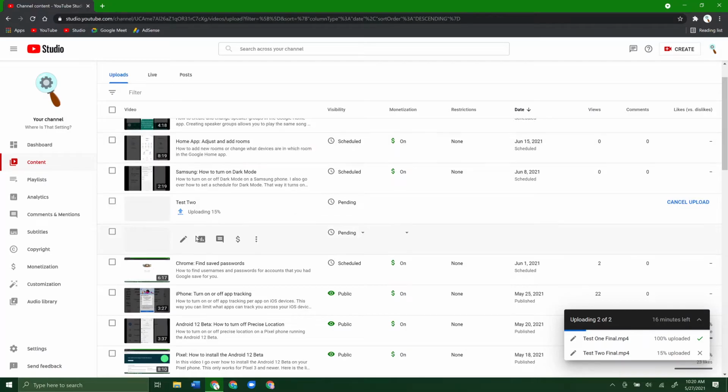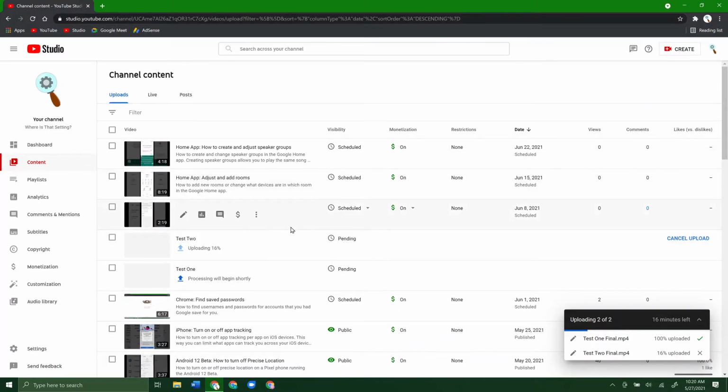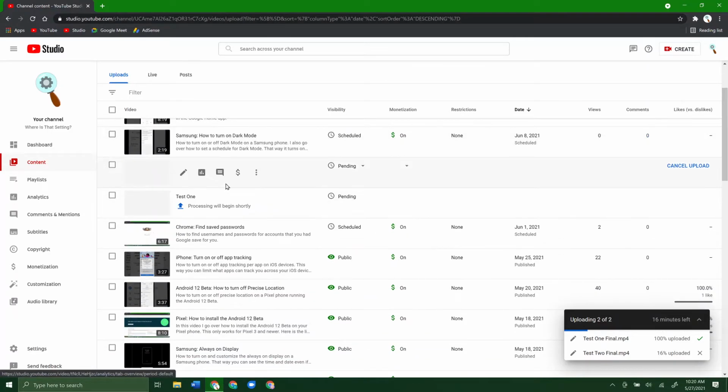So you can see I have a couple videos here that are already scheduled for release. Your videos might not show up at the top depending on how you have things organized, but you can see the two right here. You can see the test 2 video is still uploading at 16%, and the test 1 video will begin processing shortly. What it means by processing is it's fully uploaded. It's just going to take a minute for it to